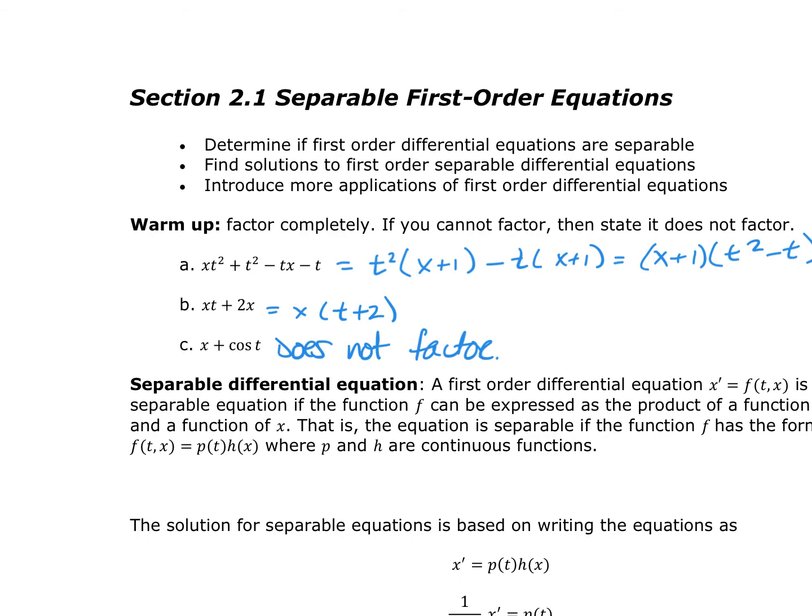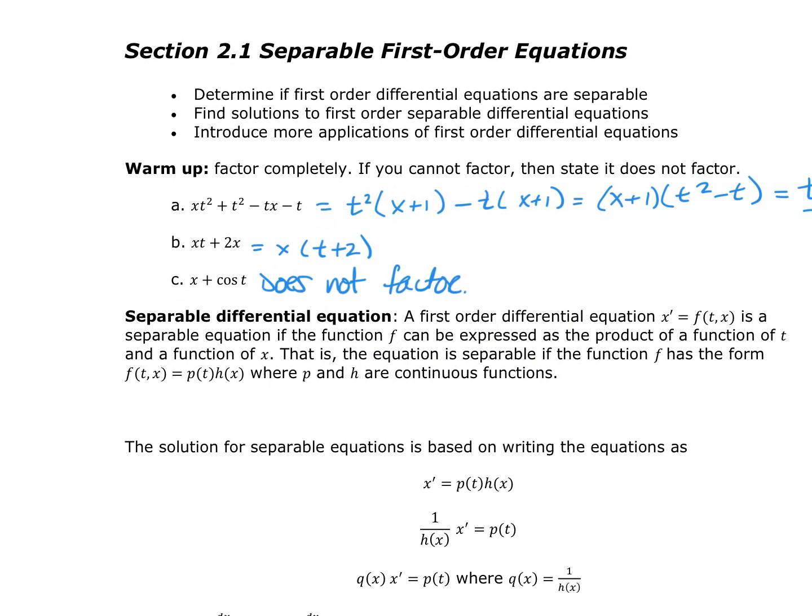Now you're thinking, why did we start out with this? Well, we are going to define what it means to be a separable differential equation. So it's a first order. So in other words, I'm looking at my first derivative, so x prime, which is a function of x and t,